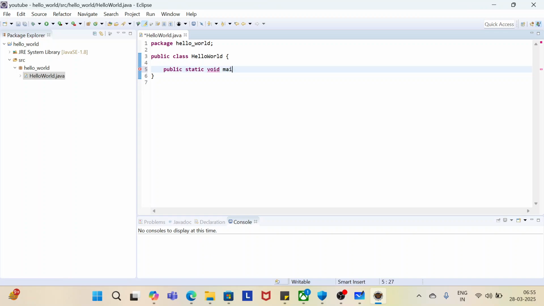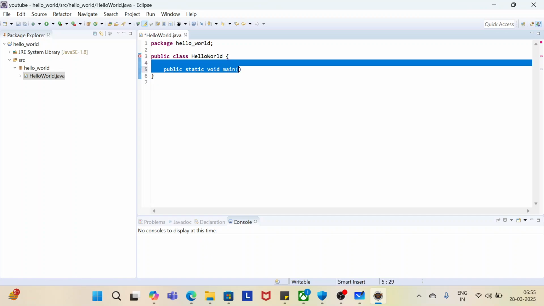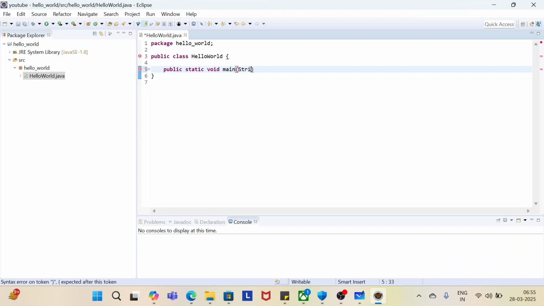Okay, then followed by main. It wants this method name to be exactly main, and then it says any parameters you are passing have to be an array of strings. So I can type String args, an array of args, which is of string type. So this is pretty much the signature that the JVM wants. If you miss the signature, it would throw an error that the method deviates from the specification, so it can't find the structure it needs to execute the application. Let's say I change the method name from main. If I try to run this application,